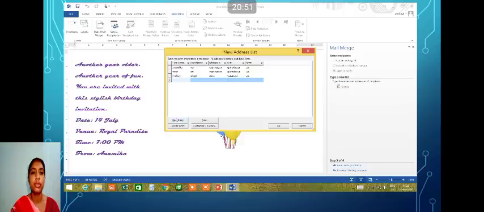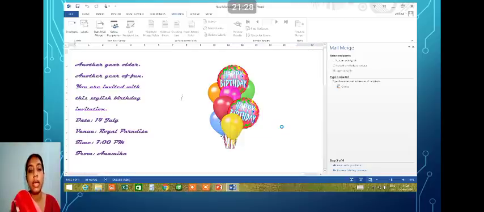I'm taking just 3, I have entered 4 values. For each entry you have to click on new entry, then only a new record will be available where you can enter your record. Now here, column wise the same kind of data is entered, and a row is a record. A row is a record, means the details of a single person, all the details are there in a row. So that particular thing is known as a record, and a column is known as the detail of one type.